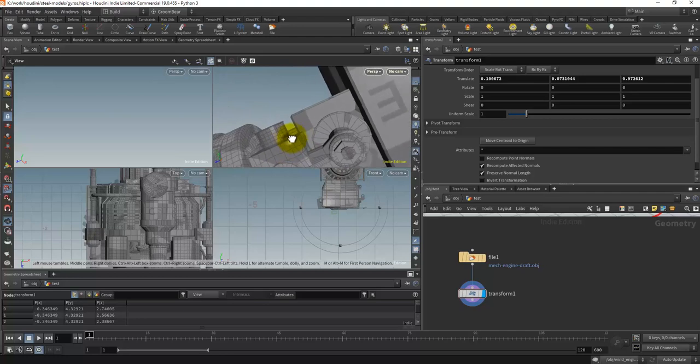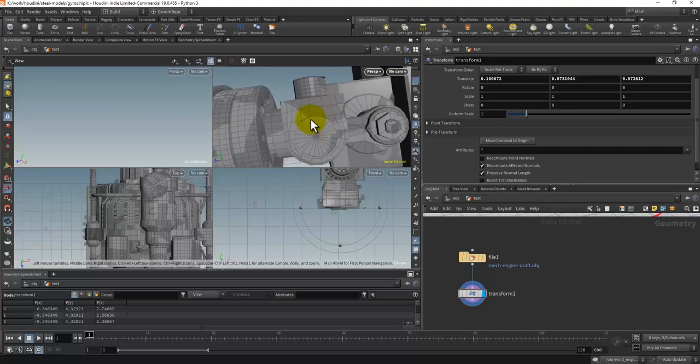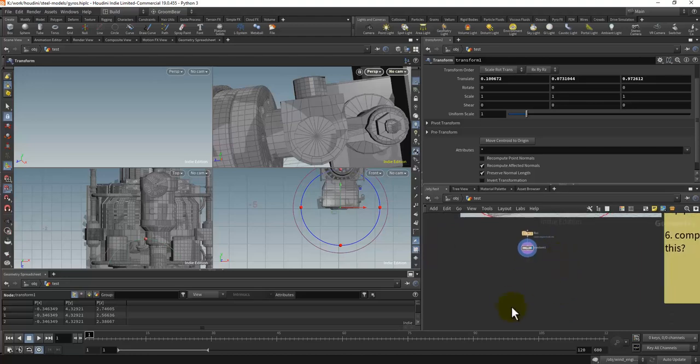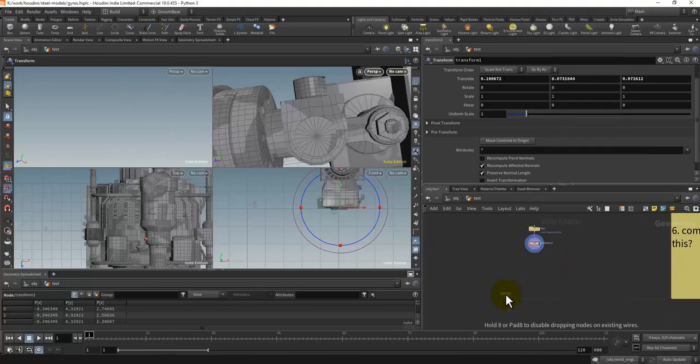But this piece in particular, I think could be done with a curve node or a draw node even. So what I see when I look at this angle is it's kind of an awkward shape. You're not going to be able to get this pretty easily with primitives, and you can't do it with boolean cuts. So what I would do is start with a curve,